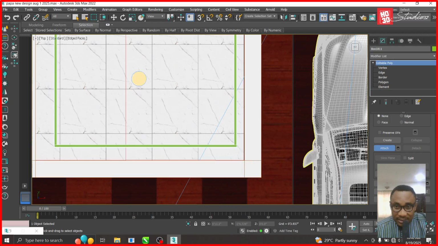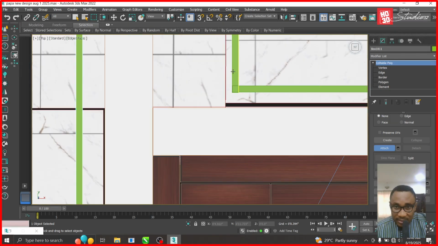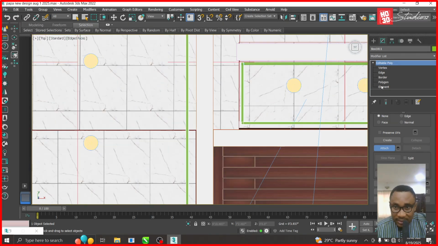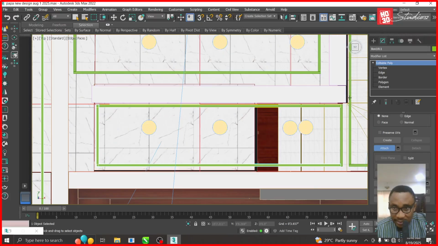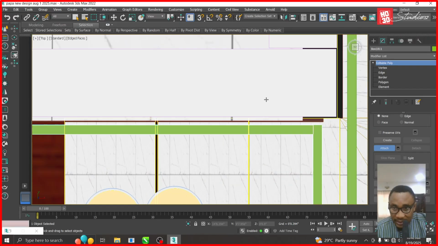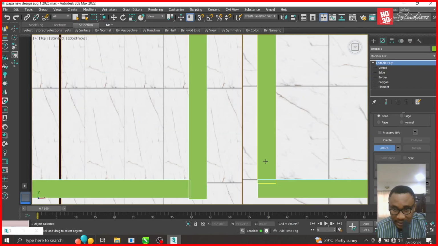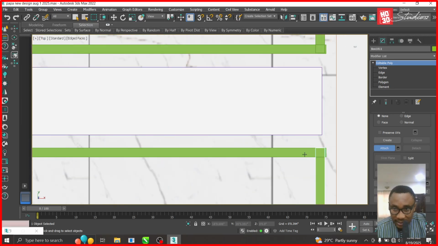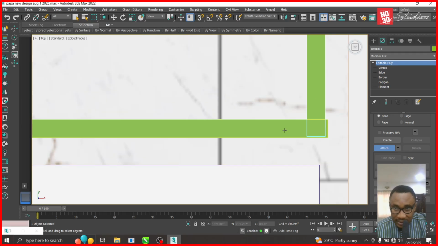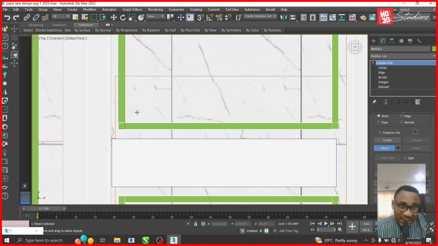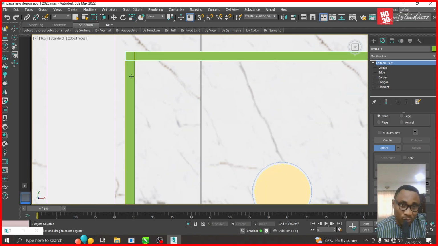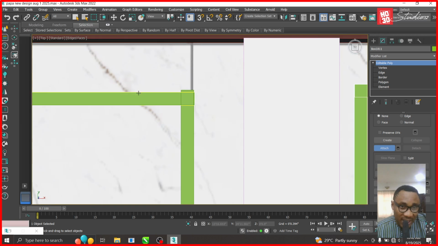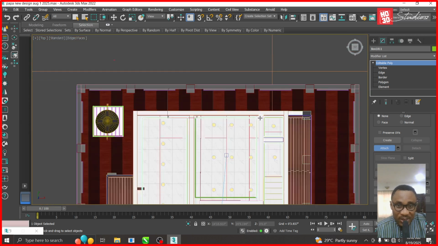Attach, attach, attach, attach, attach, attach. I didn't clean up the edges because I'm rushing. It's a tutorial. I'm trying so hard to make sure it's not too long, but